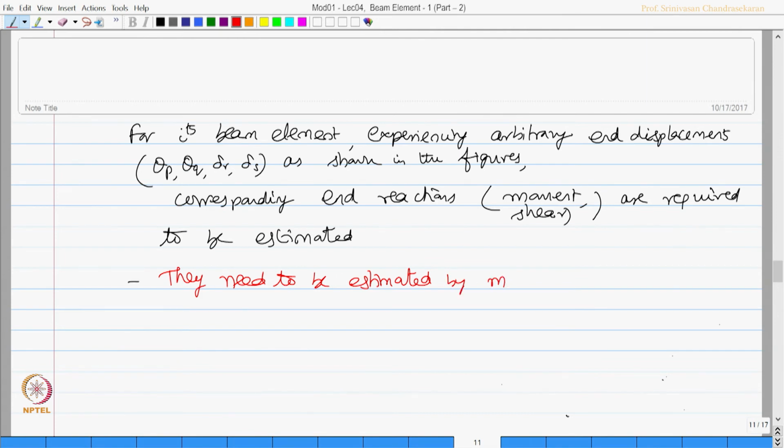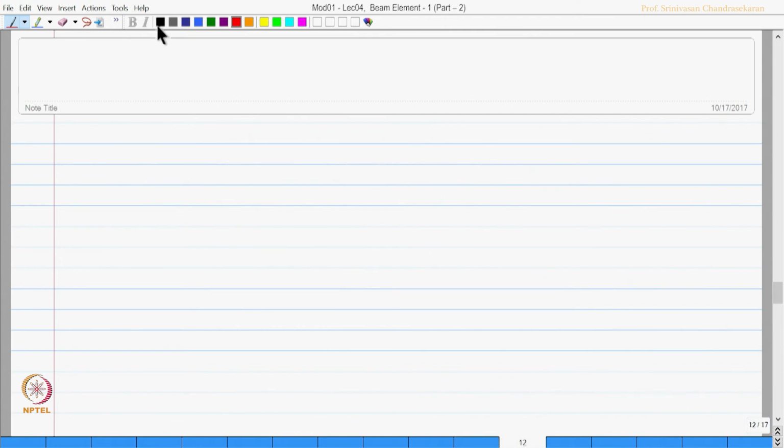by maintaining equilibrium of the restrained member. So, we need the governing equation. They are as follows: